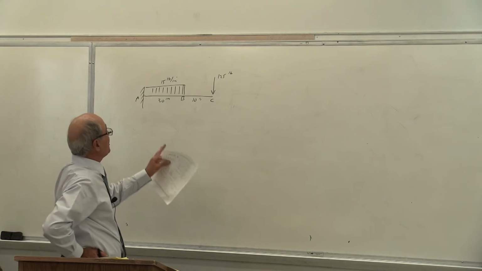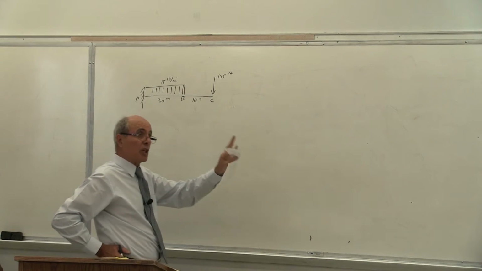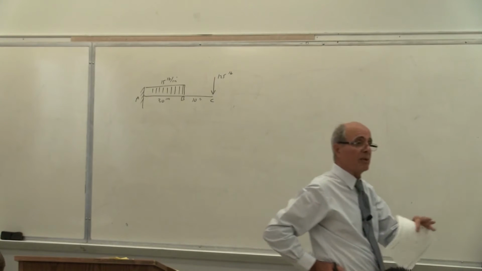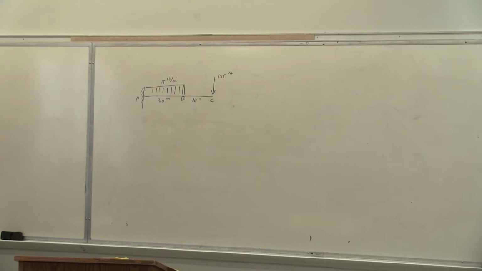Now, notice this system is not indeterminate. I just showed you previously the difference between determinate and indeterminate. Last week, Thursday, I did some determinate problems in superposition, one indeterminate. I'm going to do one more today. However, this is determinate. One fixed support, that's it. Is that correct or not? That's sufficient. So it's nothing indeterminate.